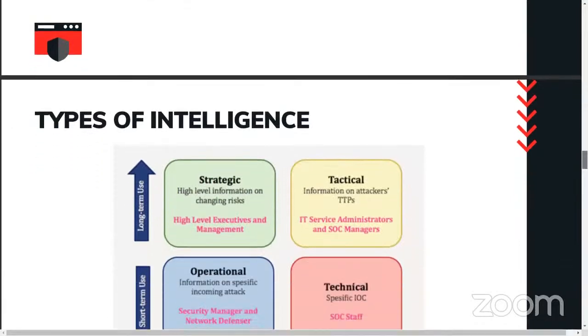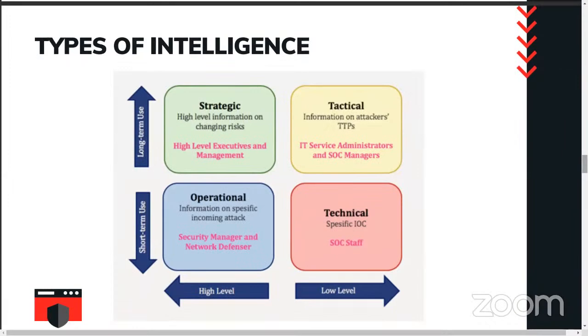So we'll just dive right into the different types of intelligence. We classify them generally into long-term use, short-term use, and also what goes to high-level use and low-level. By high-level and low-level, we look at high-level, which is from the decision-making perspective, which is higher up in an organization. Basically, the guys who come up with the strategic rules in an organization, which is the managers, the C-suite, which is the CEO, the CFO, CISO, basically the high-level